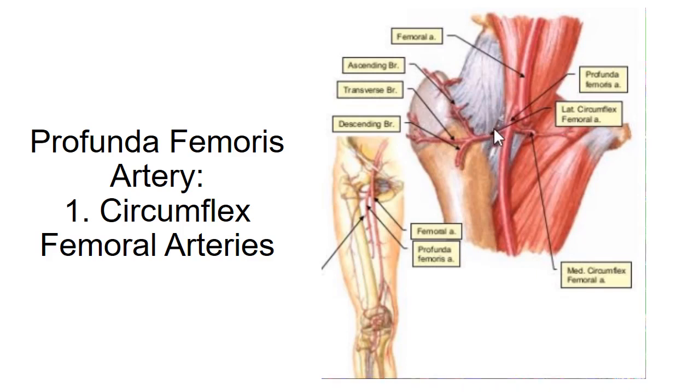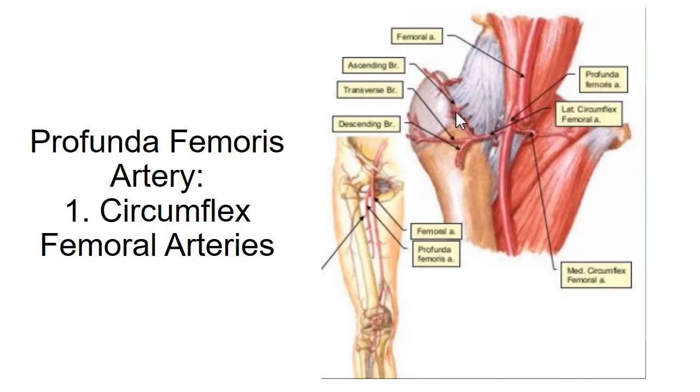Now, the lateral circumflex femoral artery passes laterally deep to sartorius and rectus femoris muscle between anterior and posterior division of femoral nerve. It is less able to supply blood to femoral head and neck as it passes laterally across the thickest part of joint capsule of hip joint. The main supply to the head and neck of femur is through medial circumflex artery. This lateral circumflex artery divides into three branches: ascending branch, transverse branch and descending branch.